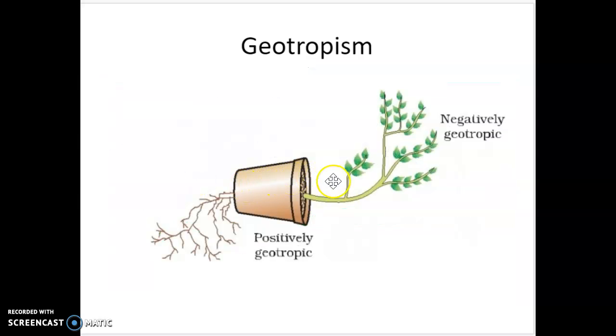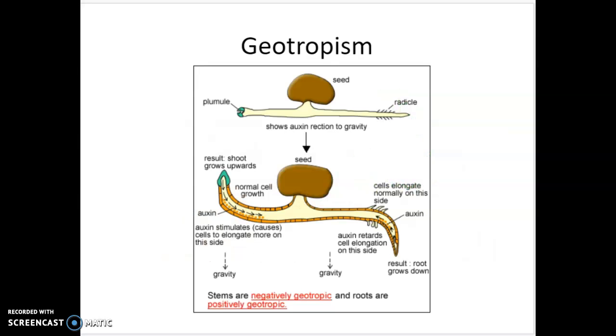So an example of that is if you knocked over a pot plant, you'd see after a while that the top ones would start curving upwards and the roots would start curving down. So this is positively geotropic, it's moving downwards, and this is negatively geotropic. We can see that in the roots here in this seed. So we've got a seed here